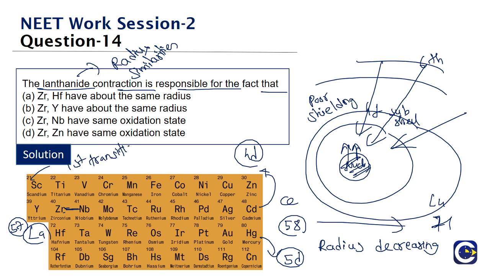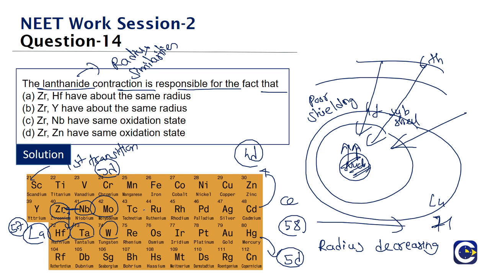Scandium to zinc is called as what? First transition or 3D. So the 4D and 5D, because of the lanthanide contraction, each and every element of that 4D series will have almost comparable radius to the 5D series element. Generally, as you go down the group, we're adding more shells, so the radius must increase significantly. But here zirconium and hafnium will have almost similar radius. Niobium and tantalum will also have almost similar radius. Molybdenum and tungsten will also have almost similar radius.